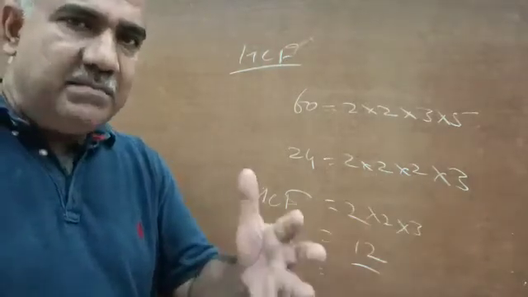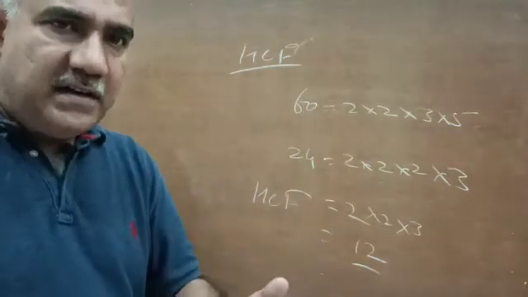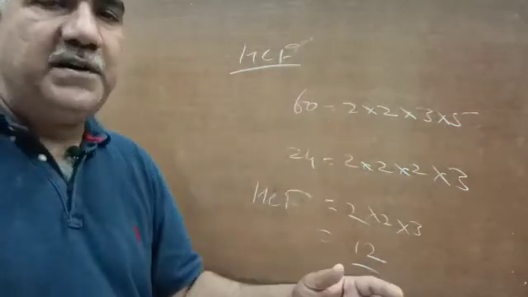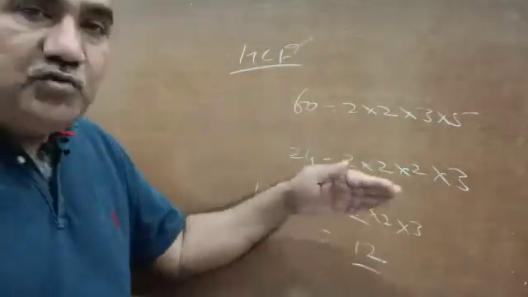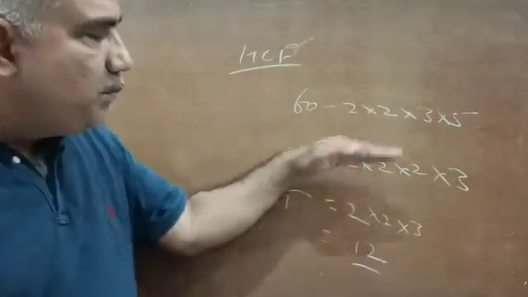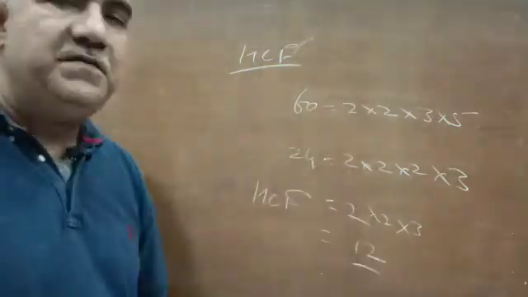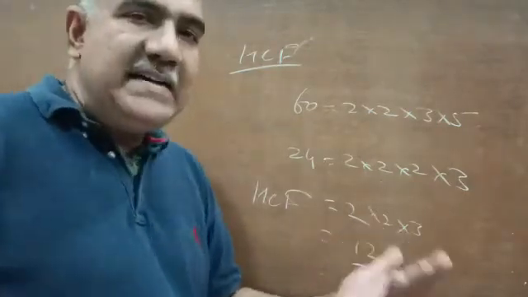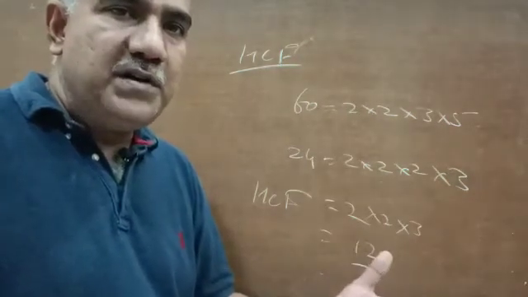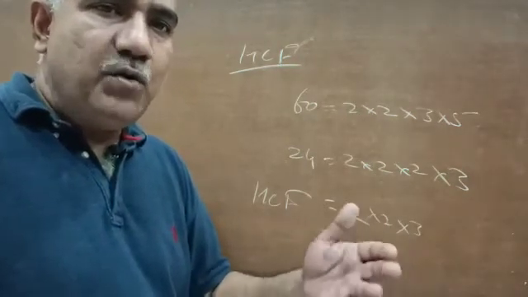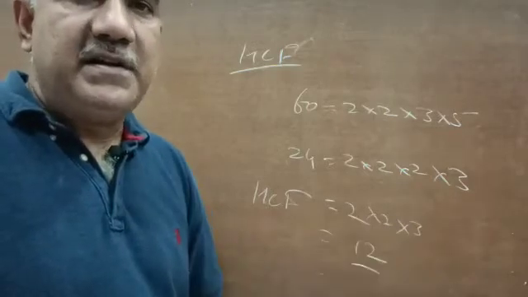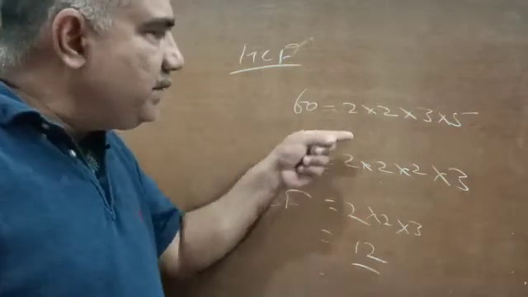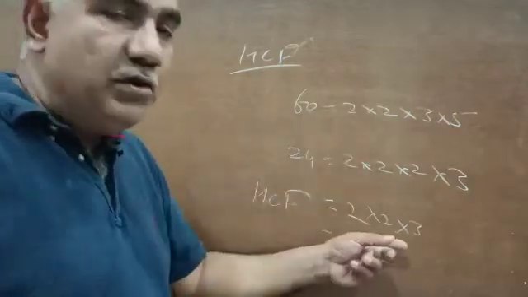So the greatest number which can completely divide the given numbers is the HCF of those numbers. This is because we have chosen the common factors from both the given numbers, that is 60 and 24. So HCF can be defined in this way also: the HCF of two or more quantities is that greatest number which is able to divide all those quantities completely without leaving any remainder. And this is only possible because while selecting we have taken care that every common factor between the given quantities has been included.